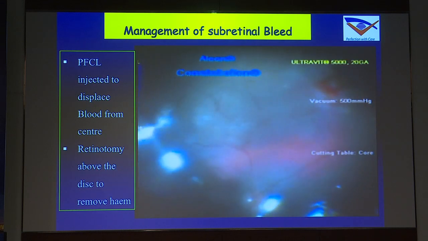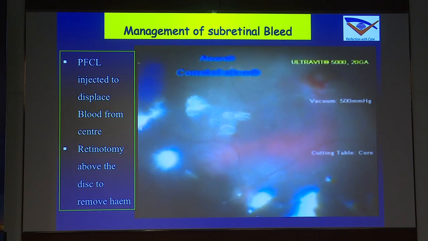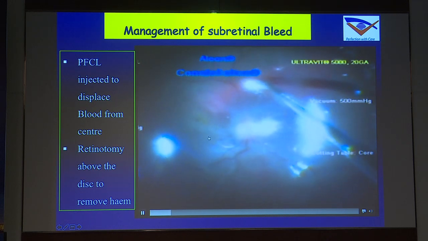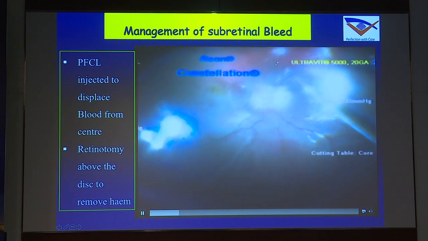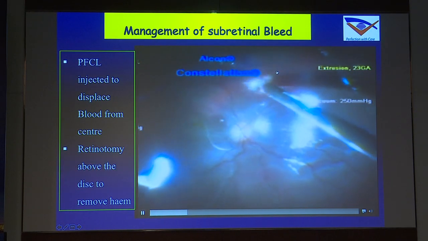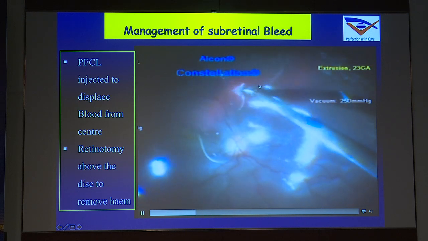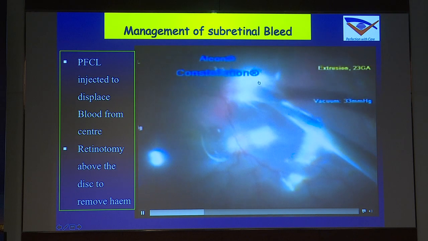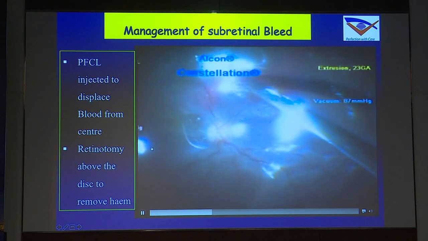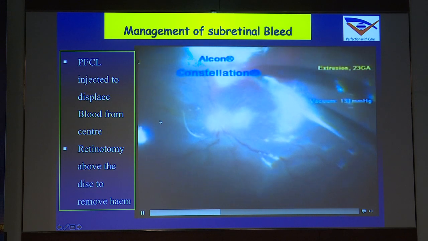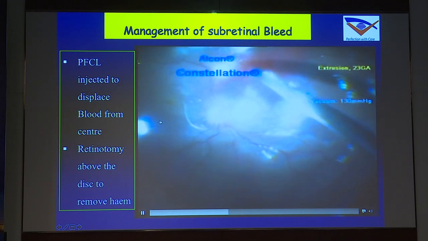So this is another patient where there's a large subretinal bleed which is dragging onto the macular area. Do a drainage retinotomy superiorly. You can see a retinotomy is being done. A soft tip has been put in. PFCL has been put in over the macula to displace the blood from the macular area. And then you